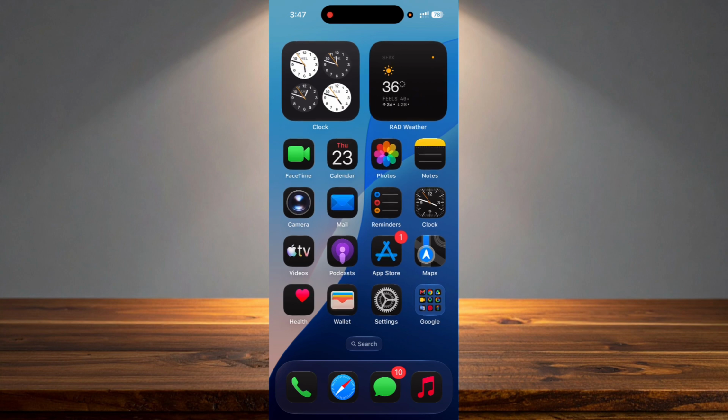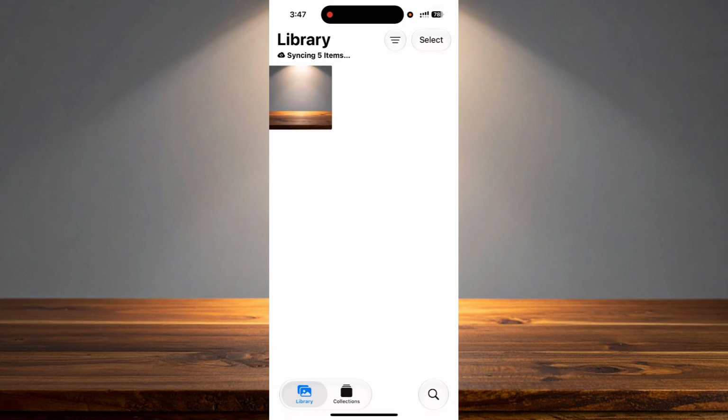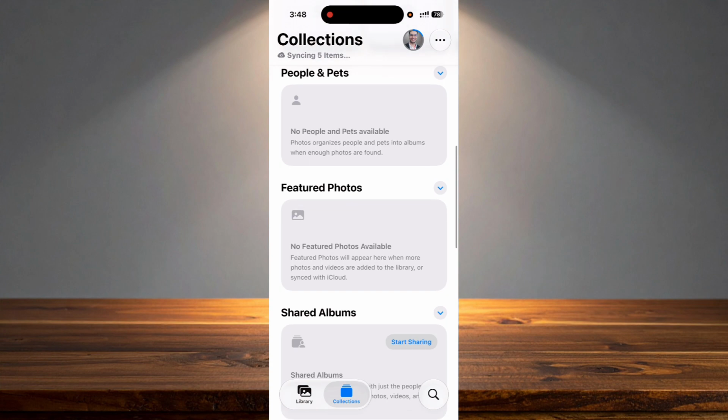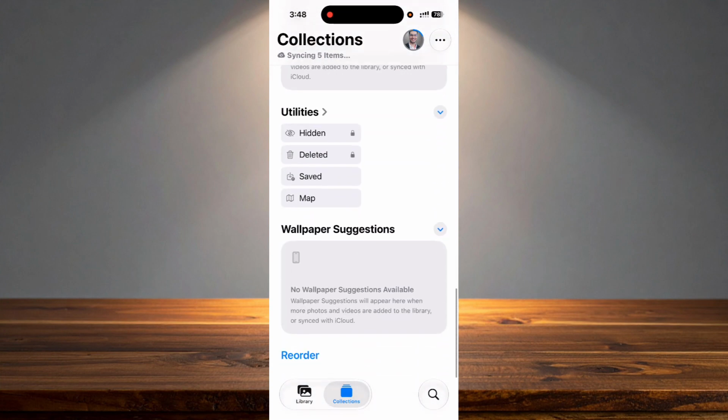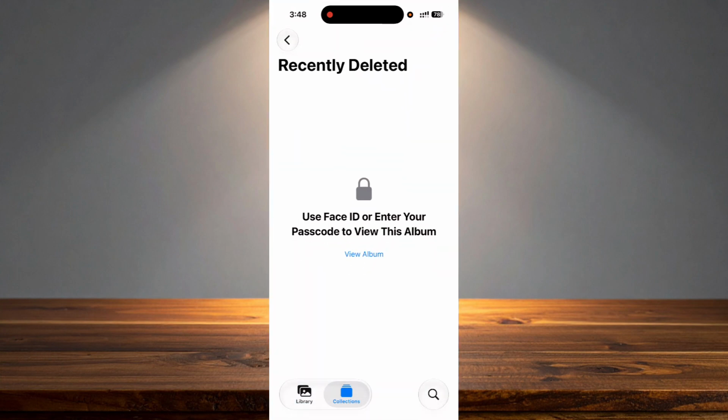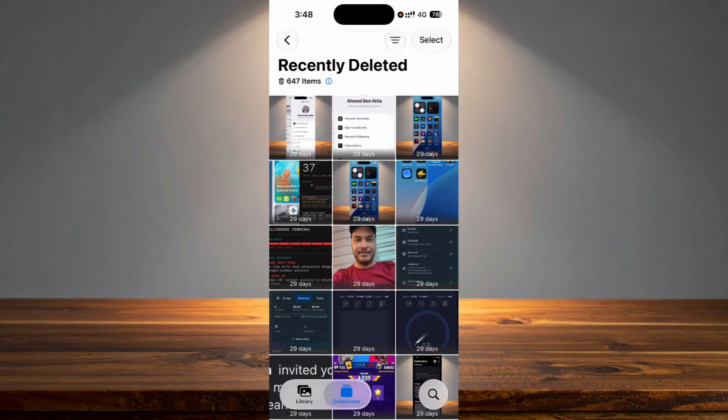So to do that is really simple. You have just to go to Photos, and after that on the bottom of the screen click on Collections. Scroll down here until you find Utilities. Under it you will find a file called Deleted. Click on it. It will ask for Face ID or password, and after it opens you have just to go